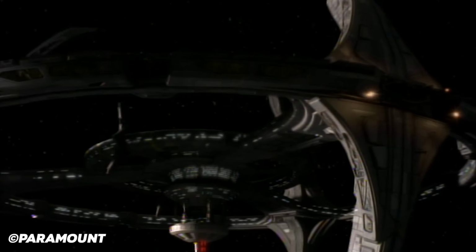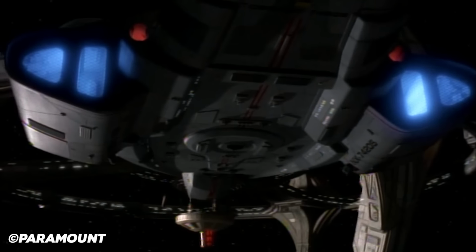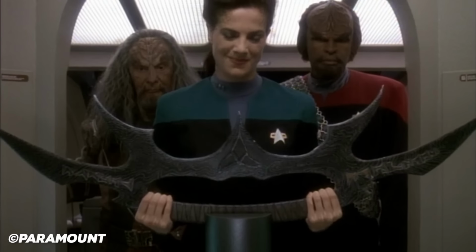Surprisingly, the 3 little ships survived the battle and were able to return to the station. When the Dominion threat increased, and it became clear that runabouts weren't sufficient for station defense, thus came The Defiant. The runabouts were still used in a number of different capacities, such as recovering the legendary Sword of Kahless,